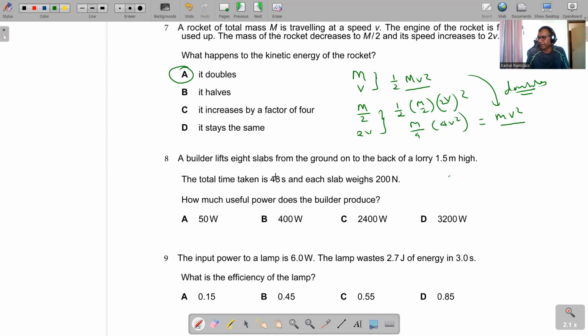gravitational potential energy to take one slab to 1.5 meters high means EP is equal to 200 newtons times 1.5, which equals 300. Now times 8. So 1200 joules is the total energy, the total work done by the builder, and